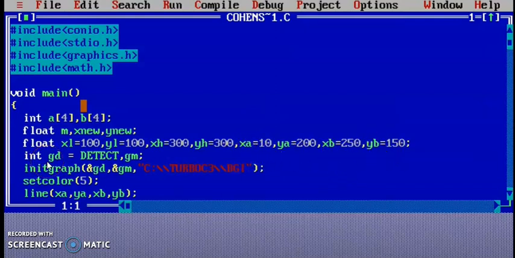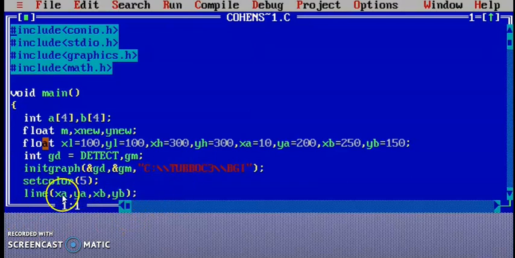Next, as usual in our C computer graphics code, we have declared gd equals DETECT and gm. After that, we have taken the initgraph function and next we have set color 5. Next we are using the line function, line xa, ya, xb, yb.